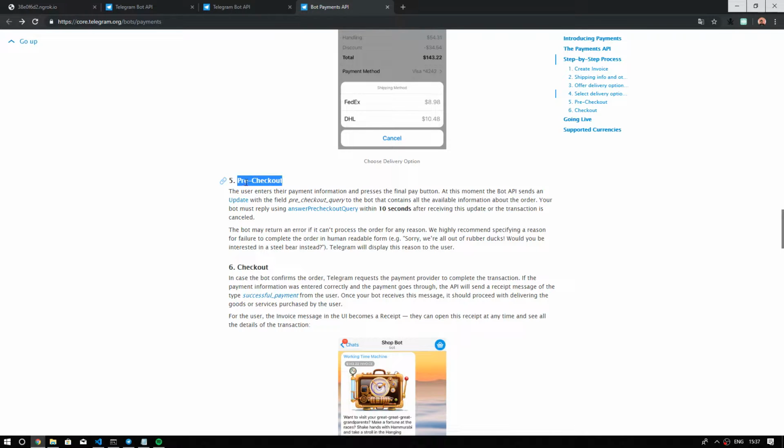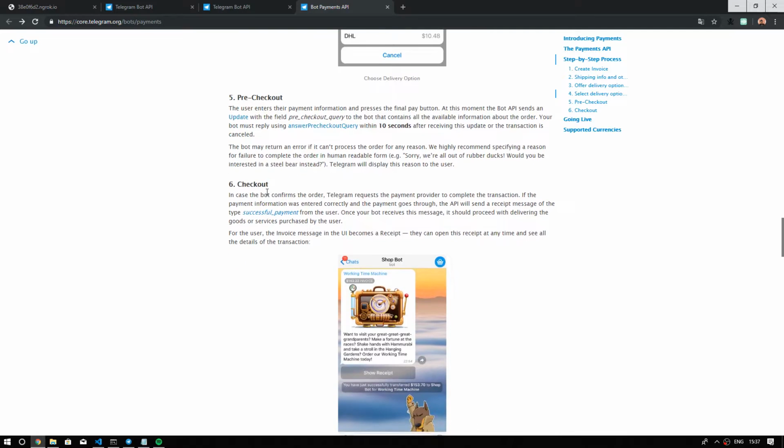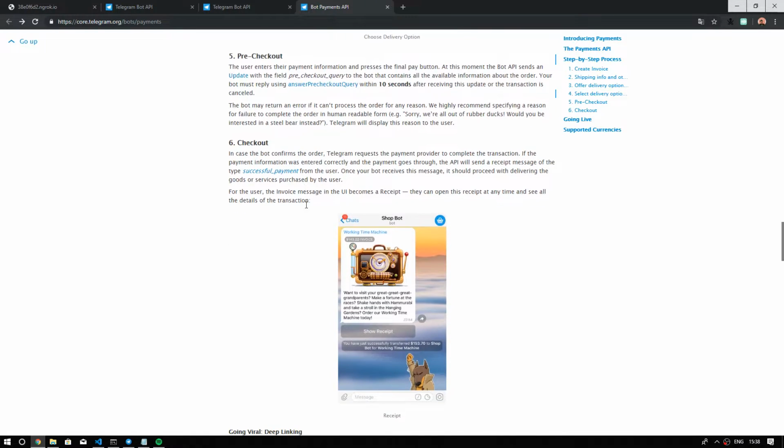Then we have the pre-checkout. In this phase, the user hasn't paid yet, but he is going to pay, and we have an answer pre-checkout query, which is like saying, okay, I know that you're asking for this product, and I confirm your, how to say it, your deal, your sale. And then we have the effective checkout with a successful payment. So we are sure that we received the money, and then we can give the users whatever they asked for. So this is the process,